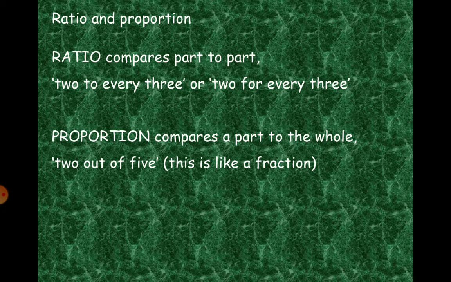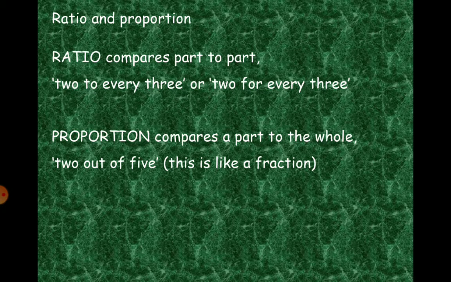For example, you need to make a salad. For that you need 2 apples and 3 oranges. So the ratio is 2 is to 3. If you take 4 apples, then how many oranges do you need? 6. 2 to every 3. So if you have 2, you need 3. If you have 4, you have 6. If you have 6, you get 9 oranges.